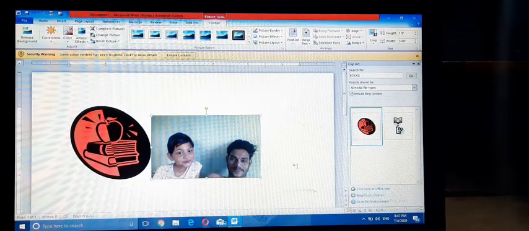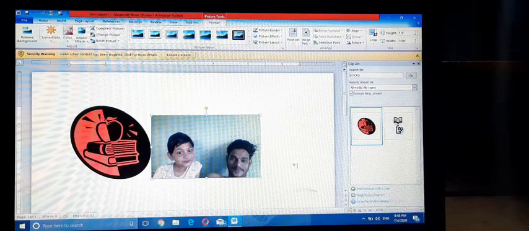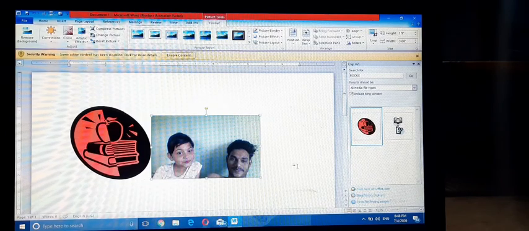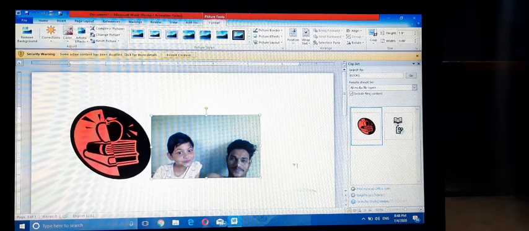And in linking, objects remain as separate files and they can be updated. Linked objects are used when you want the information in your destination file to be updated when the data in the source file changes. Okay, this is the difference between embedded object and linked object.